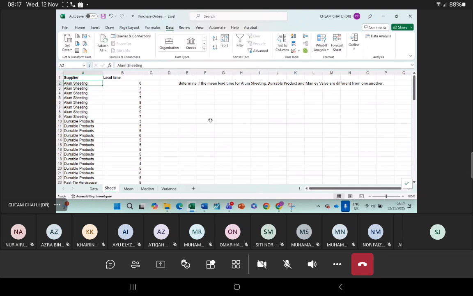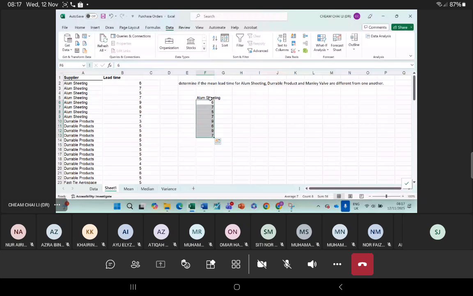Then next, you can just copy the name, right? Sebab kita ada 3 nama kan. So you just copy the name, aluminium sheeting, variable dia adalah lead time. So you need to get the variable, because we want to look for the mean kan. Kita nak cari mean, so kita kena cari semua lead time yang berkaitan dengan aluminium sheeting, and then we have